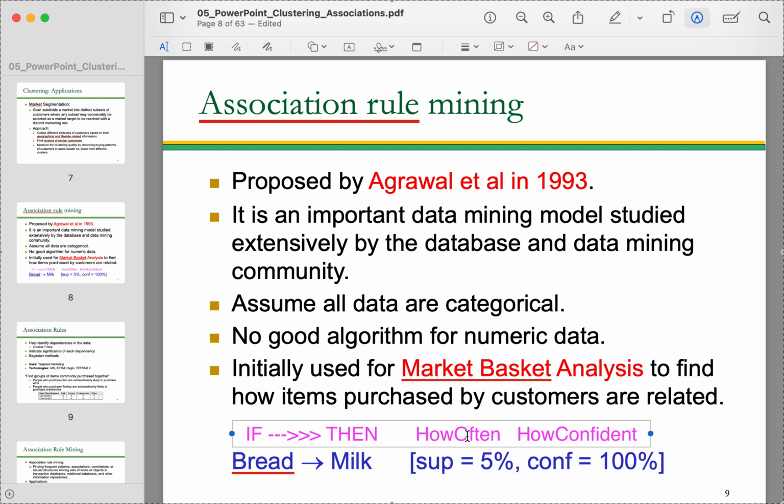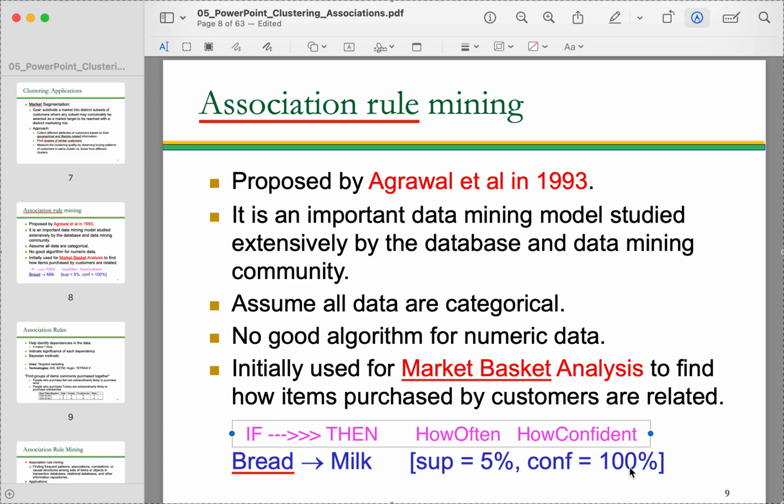the transactions this happened. So support, what you see here, is bread and milk occurring together how many times in our 100 transactions that we recorded. This support 5 shows out of 100, 5 of them contain bread and milk. Confidence 100% because every time we bought the bread, they also bought milk. Now, if there were one time one person bought bread and didn't buy milk, the confidence would be a different